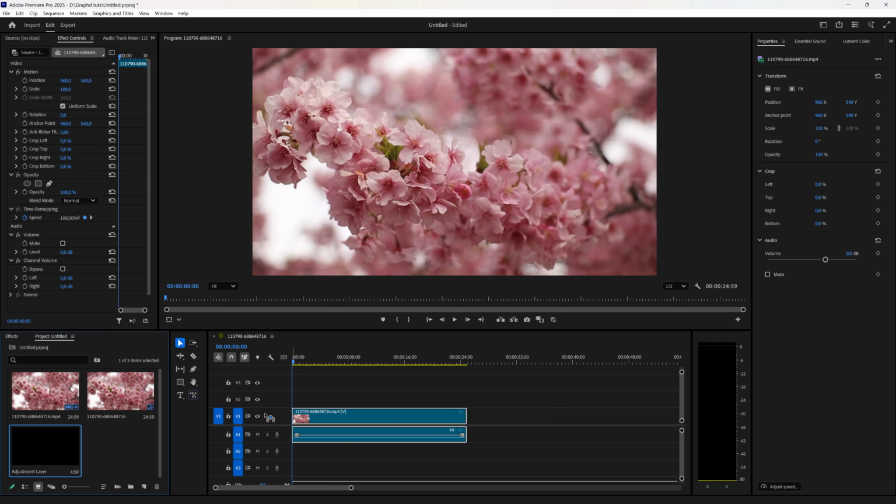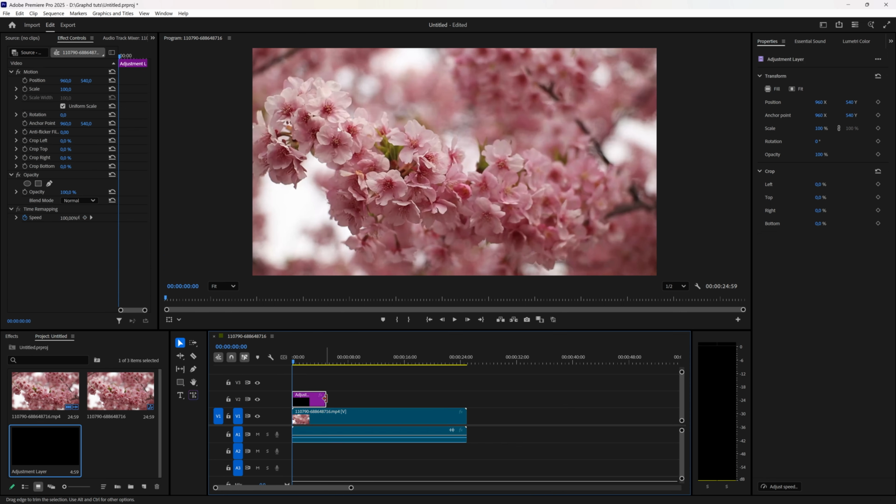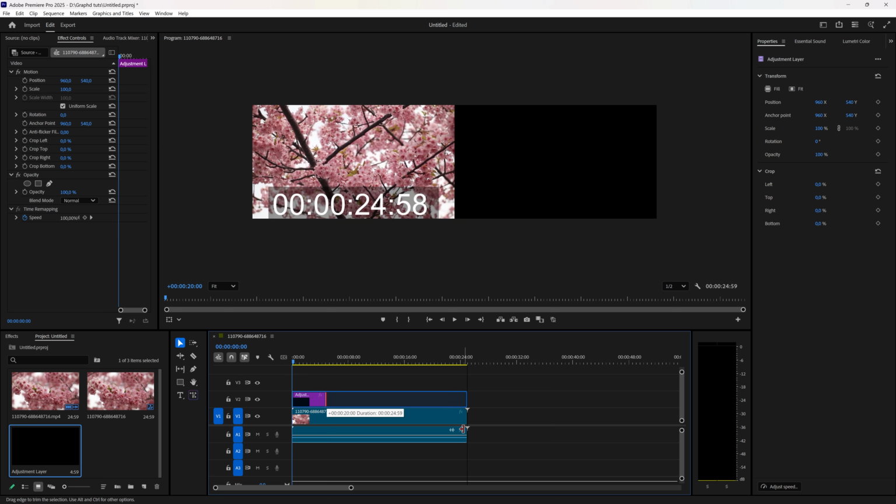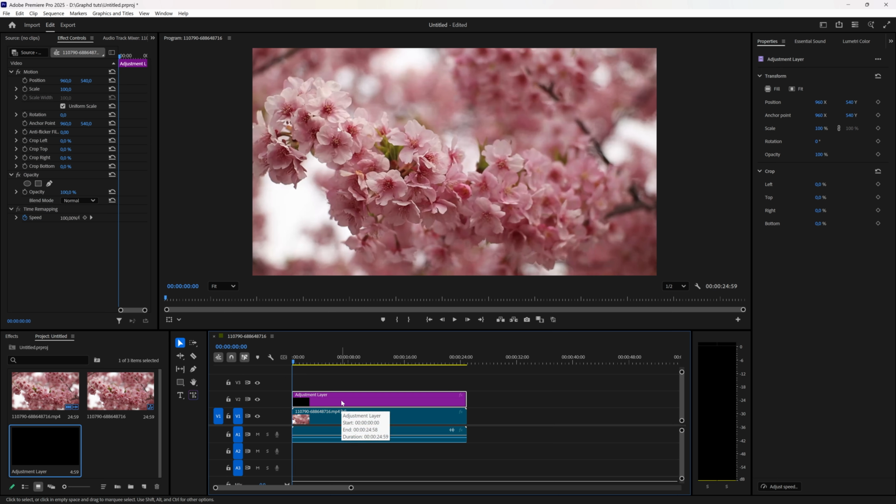And then I'm going to drag the adjustment layer onto my timeline here. And the reason we use an adjustment layer is because an adjustment layer can be added on top of multiple clips. So you can add those black bars to all clips in your project with just one adjustment layer. And when you have your adjustment layer and you have matched it to the length of your sequence, we're going